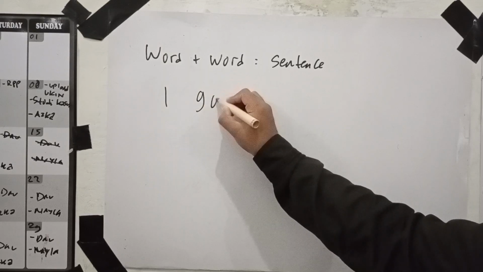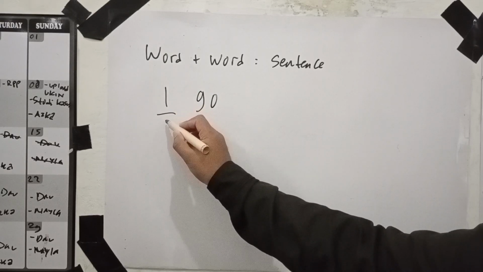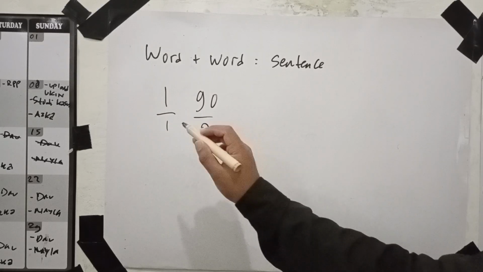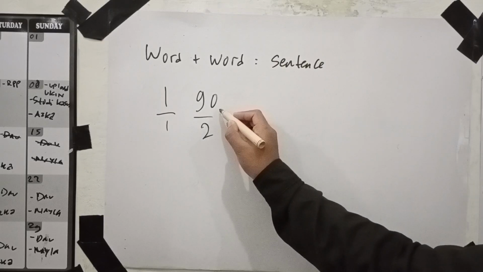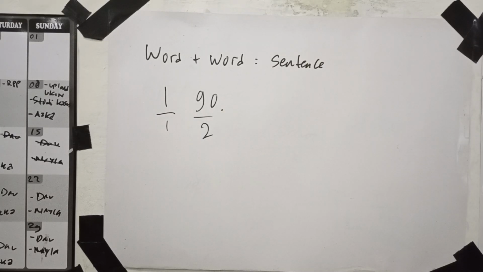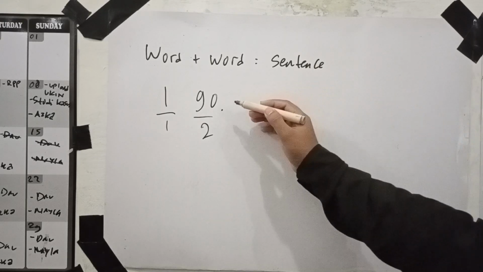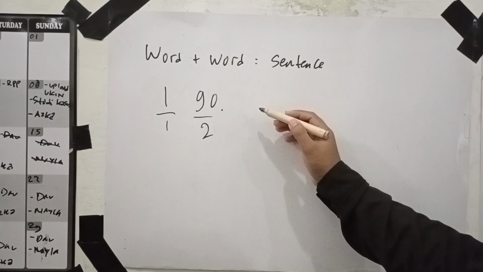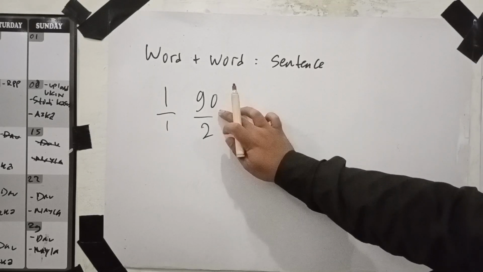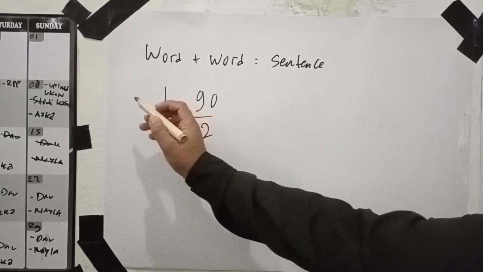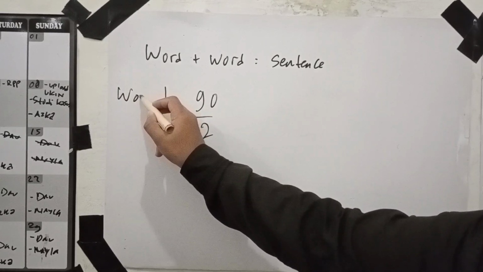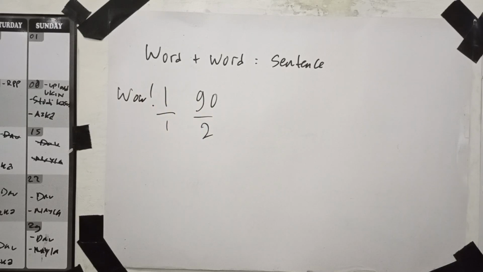I go. Here, this is one, this is two. Two words can make a sentence, but don't forget you have to put a period so they become a sentence. Now, this is already considered a sentence, and if you erase the period, the dot over there, and you add more words, such as in the beginning, you can add, wow, I go